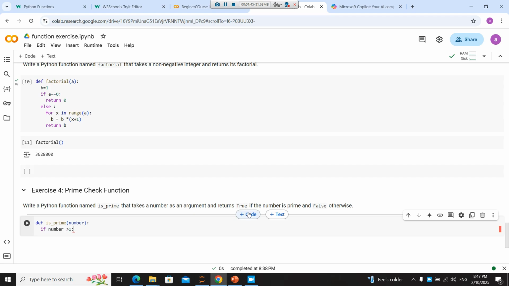Why? Because if the number is less than 1, the prime check is not important for that. After that, we must find out for x in range number. But we must put number equal to int number, because sometimes the numbers are a string and we need to change them. For x in range that,